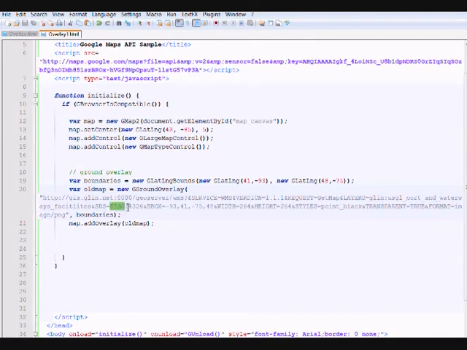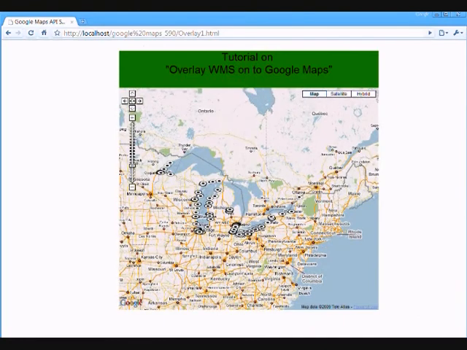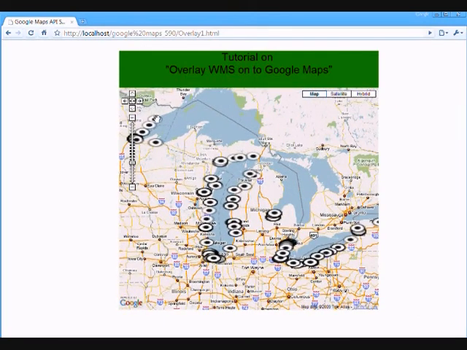EPSG:4326 is the nearest projection to the Google Maps projection. The BBOX, wherein it specifies the boundaries of the tile, the width, which is 264 pixels, and the height, which is 264 pixels. And we have the transparency of the layer, which is transparent. Load the page, and we have this type of image wherein the image is overlaid onto the